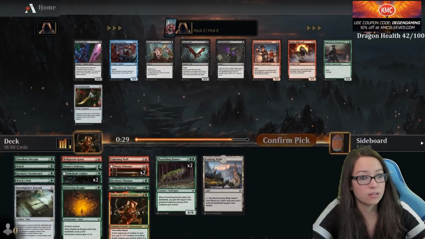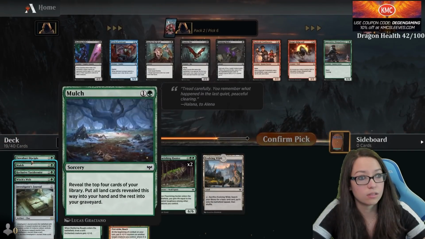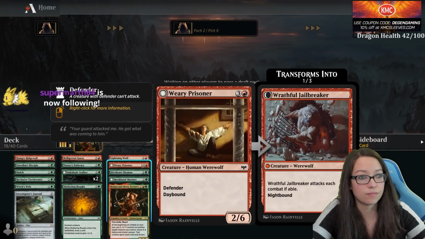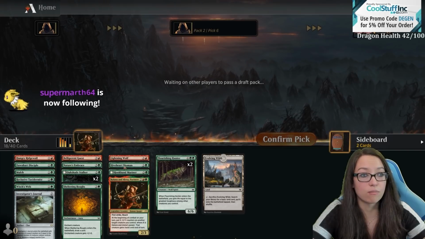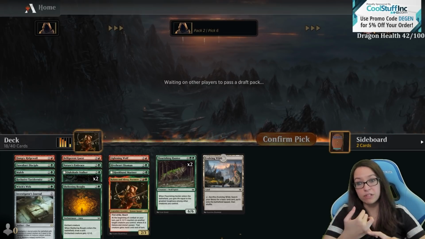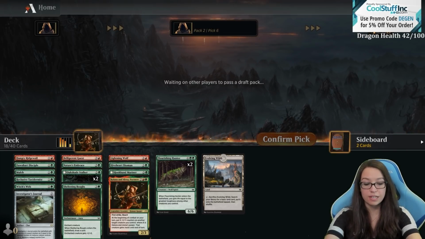Sharpshooter's not bad. We have two 2-drops. I'll take the Wolf. Yeah, I definitely like the Mariner more than the Weary card. It's just more that I was looking for something else that would either fill a curve or whatever. If this was the main account, at that point, I might just rare draft because we're going to get more